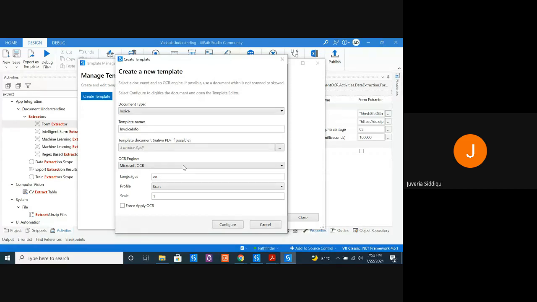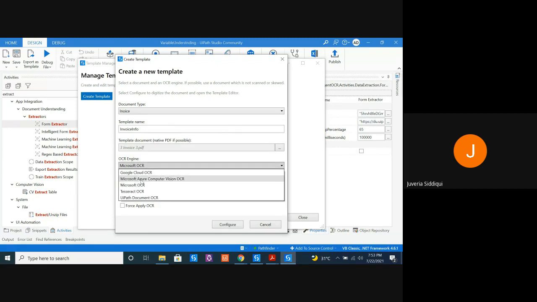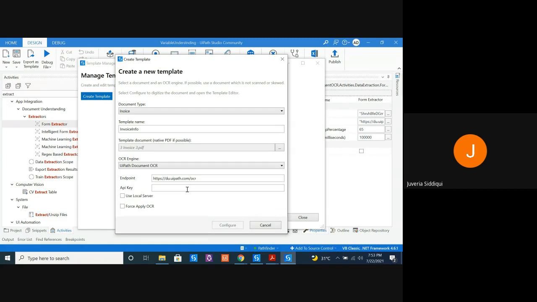If you want to use Microsoft OCR, you can use that also. Basically, you can see there is a profile option: none, screen, scan, legacy. By default, it is scan. If it is scan, it does not mean that it will not work on other documents. It will, so you can leave it like that. So let's start by using UiPath document OCR, and let's give the API key.